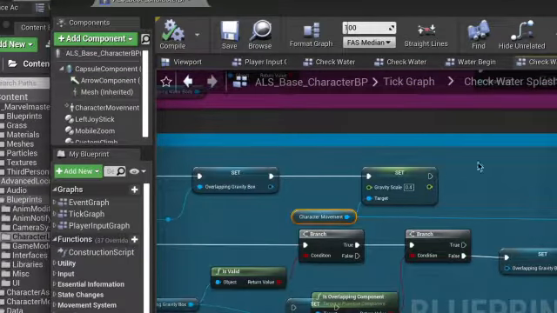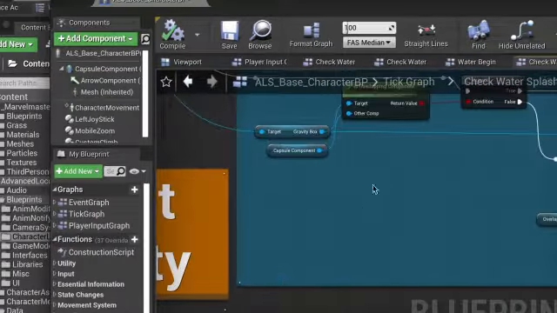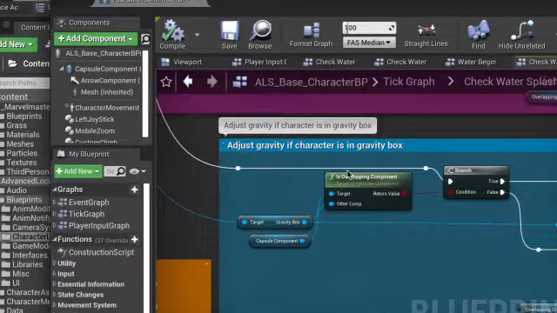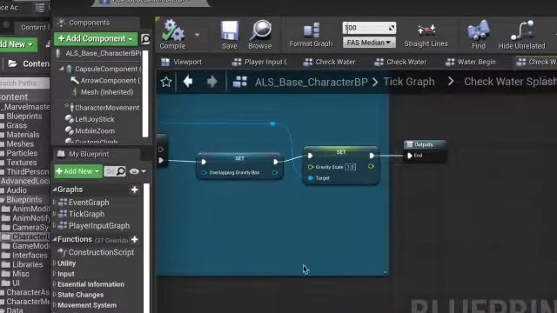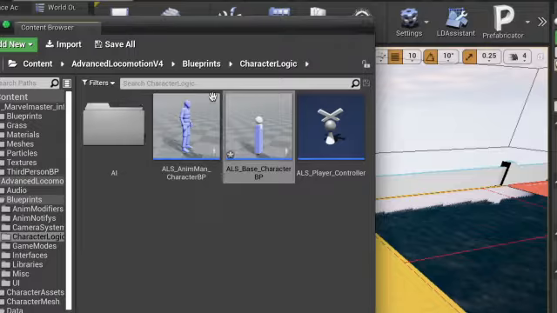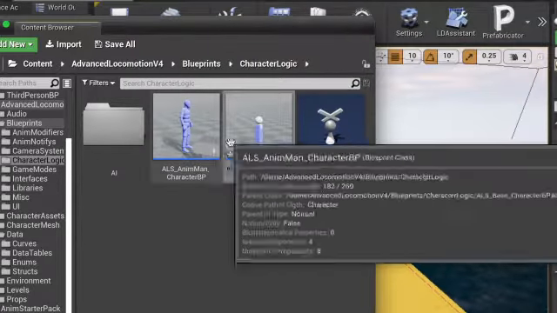Probably have to actually go into ALS and create a movement mode that says he's in water, not swimming. And let him do the little sink thing with his arms out during that state. That's a basic start. Alright. I don't feel like dealing with the actual animation blueprint right now too much, but